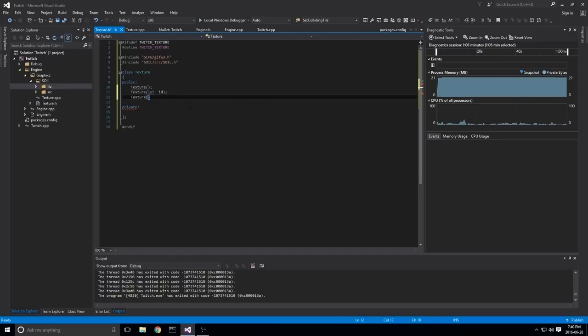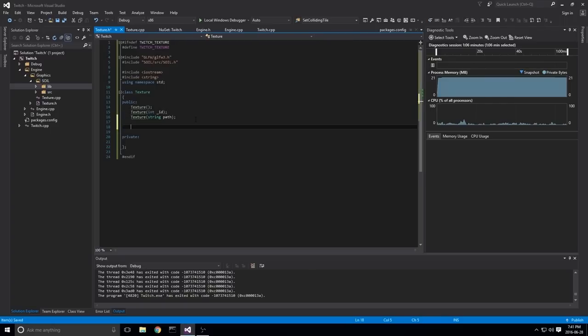And Texture, and we'll pass in a string path. Now for this, let's use the STL string. So include string, using namespace std, and we're probably going to be printing stuff out too, so iostream in there as well. So these are three overloaded constructors: one takes nothing, one takes an ID, and one takes a path.